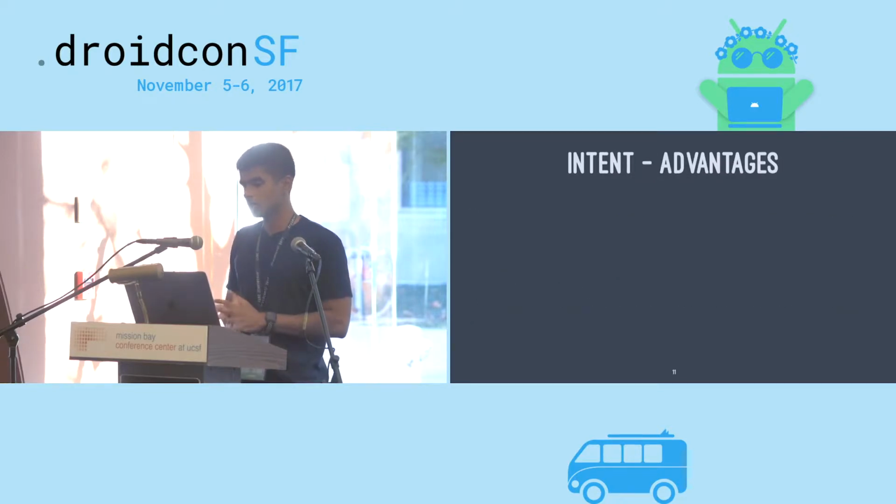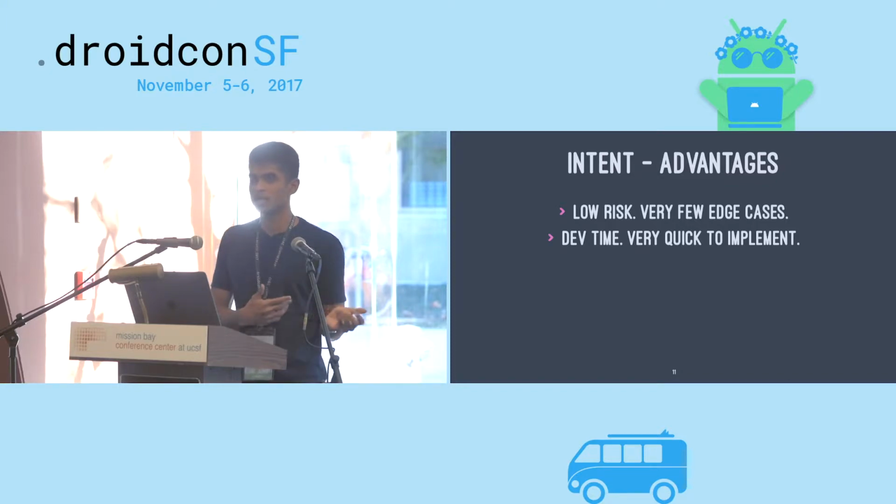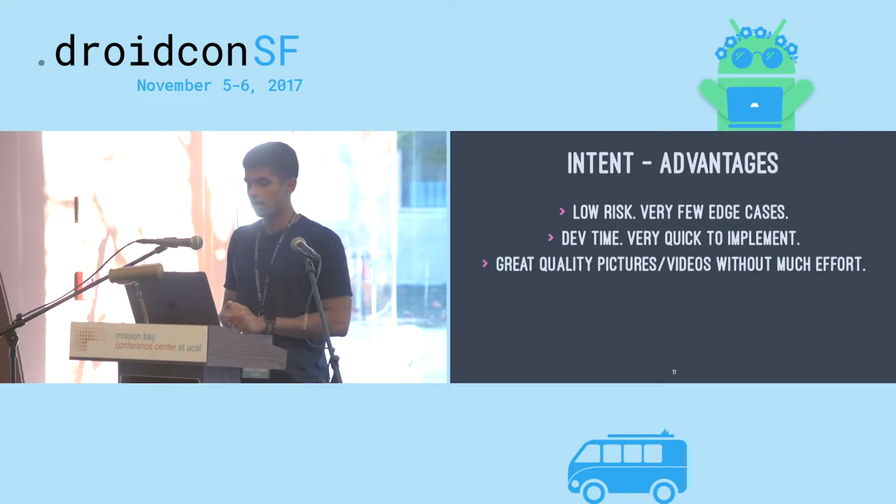So the advantages. First, it's low risk, very few edge cases compared to the other 2 methods, because usually it goes to the manufacturer's native camera app or something, or any app where the user trusts. Then dev time, very quick to implement. It's literally a few lines of code, probably takes a few minutes to a few hours to implement. Then finally, you probably get great quality pictures and videos, because usually the thing that handles the intent is probably a really good camera